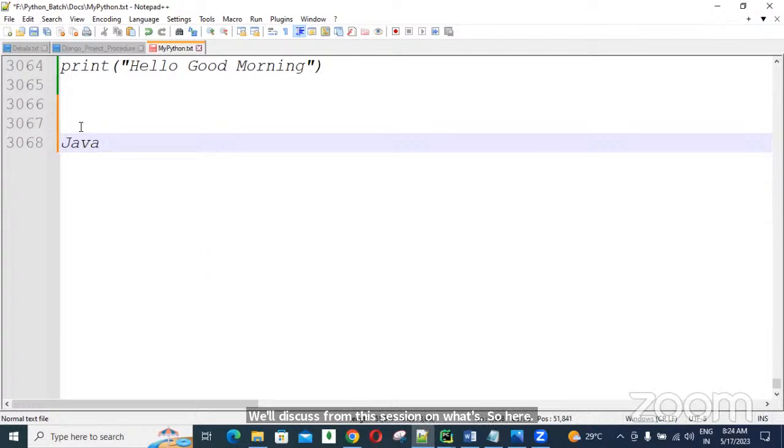Java follows the static data type, guys. Okay, Java is a statically typed language. Python is a dynamically typed language. What is static, what is dynamic, we will discuss. Okay, so